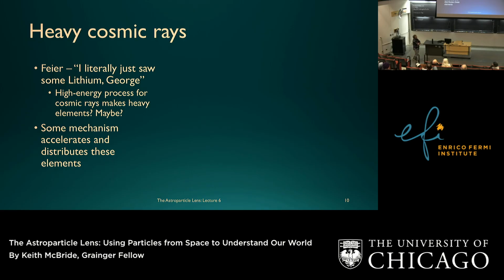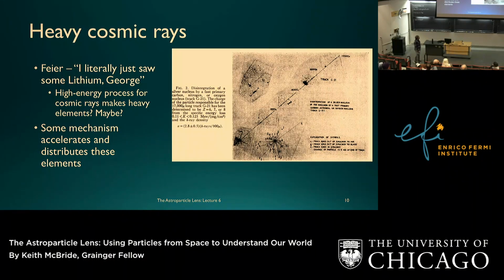Right? So there's some mechanism that started to tickle at the scientists, and the curiosity started of, how do these elements get distributed in the universe? How do they get made? How do they get distributed? How do we get cosmic rays with heavy nuclei? All of this birthed around 1948. And one of those follow-up studies showed a carbon, nitrogen, or oxygen nucleus track, because in these nuclear emulsions, it was harder to tell the difference between those kinds of charges. She illustrates the point here of different kinds of investigations that were underway to figure out how do we link all